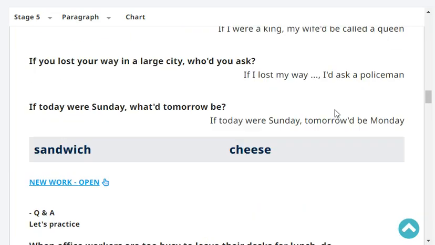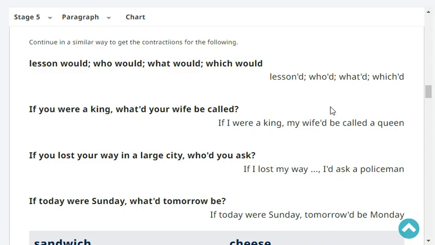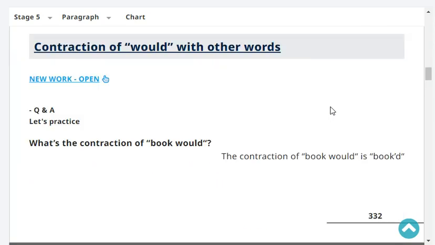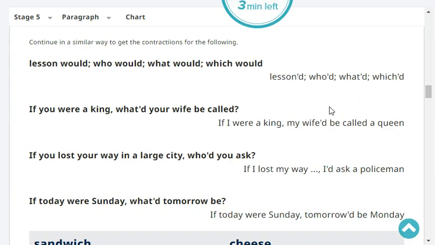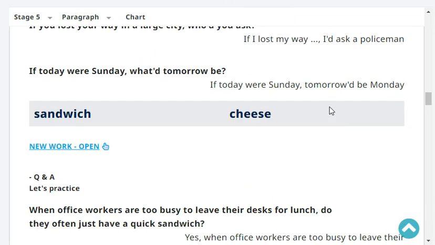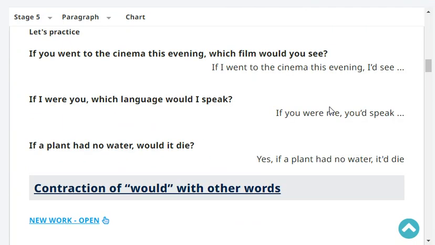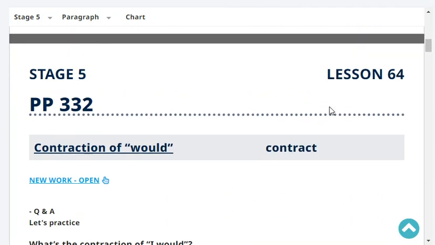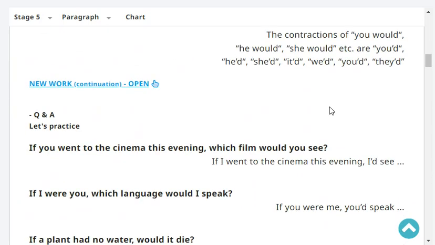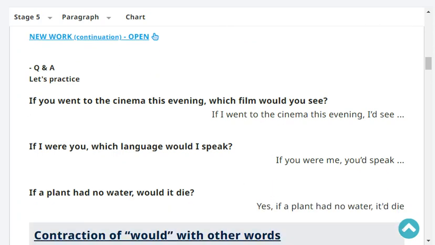If we went to the cinema this evening, which film would you see? If you went to the cinema this evening, I'd see Titanic. Very good. If I were you,